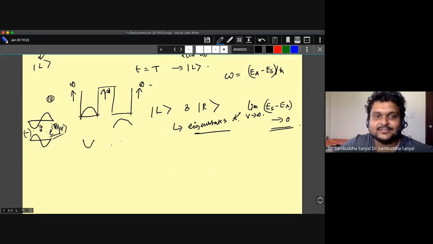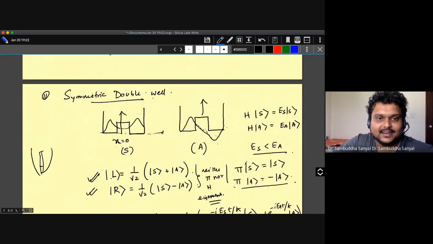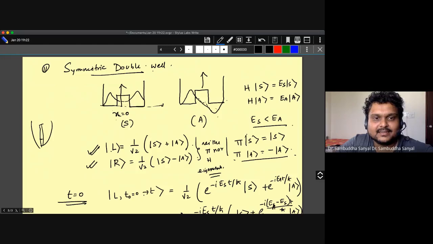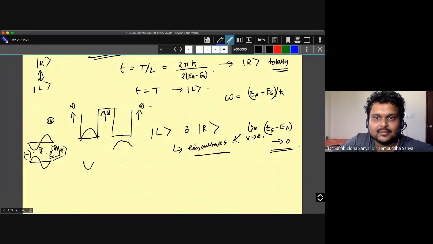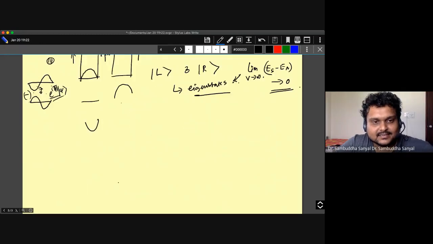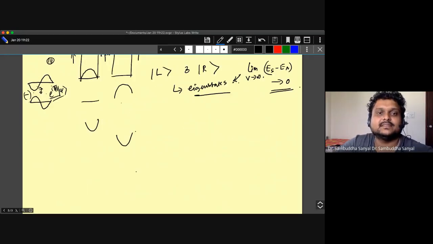So that is why also here, if I look at this state, when I take them to infinity, I can write either this state L, which is completely in this region. L is basically S plus A, right? So this part disappears. It is completely in this region. So for this infinite well, one possible eigenstate is this. Another possible eigenstate is this, which is here and 0 here. But they are the same as these eigenstates. Make sense?